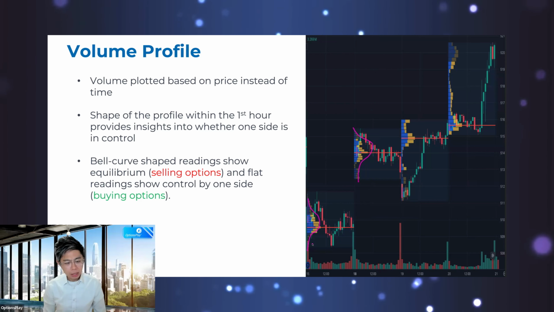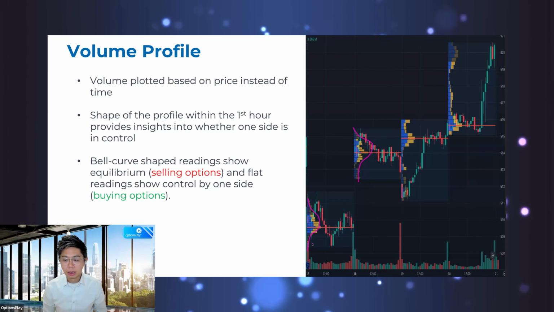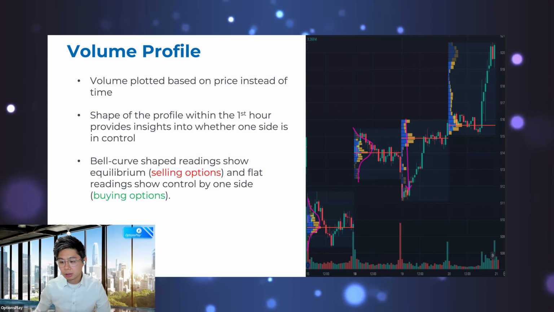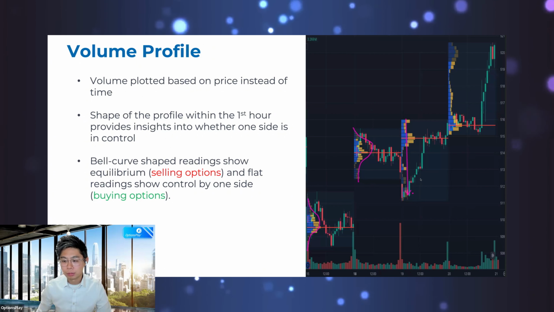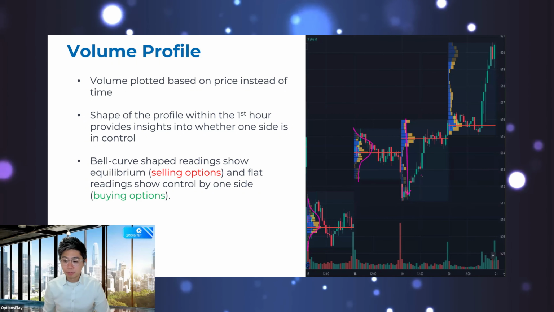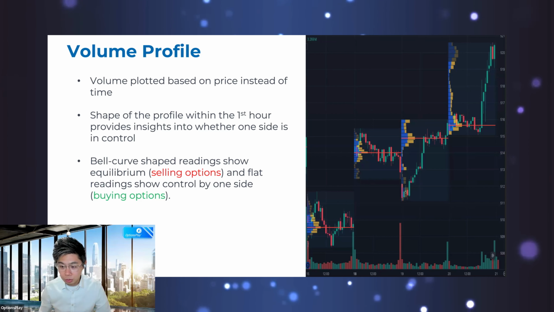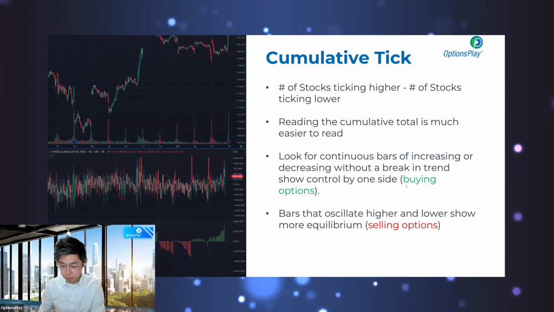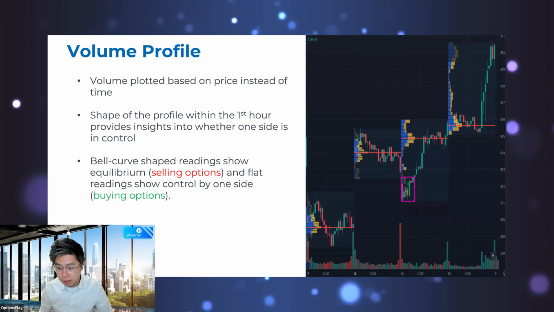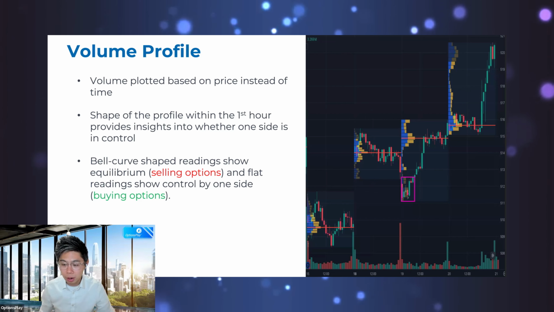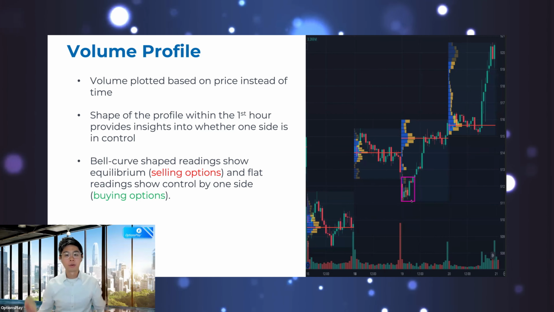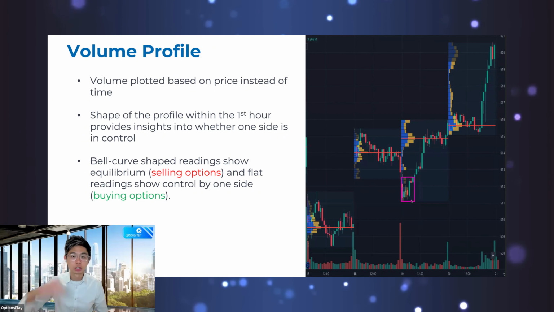this kind of shape starting to play out. And then on the other side, you also have shapes that are more flat. As you can see here, this is a much flatter profile as opposed to the bell curve shape profile. And when you look at this particular chart here, this is really the first hour, right? And you can see that the volume profile within that first hour doesn't form that bell-shaped curve. It is just a flat